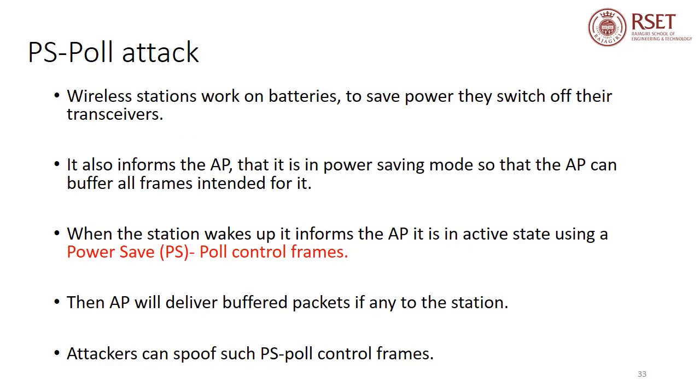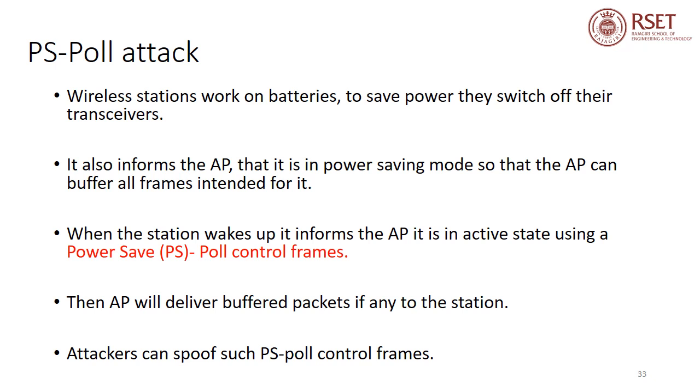Next kind of attack that is possible is the spoofing of power management frames. We know that wireless stations are usually working on batteries, and to save power, they may periodically switch off their transceivers. Before switching off their transceivers, they will inform their corresponding access points that the station is going into a power saving mode, so that the access points will buffer or collect together all the frames that are intended for that corresponding station, and when the station wakes up later,